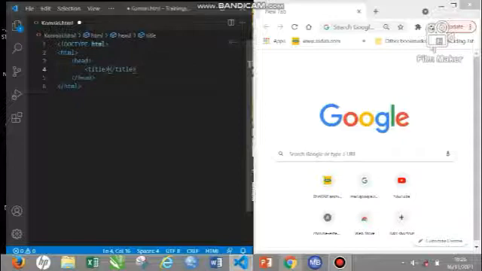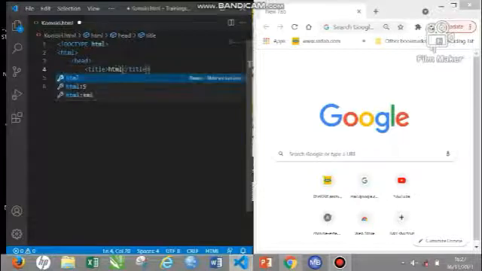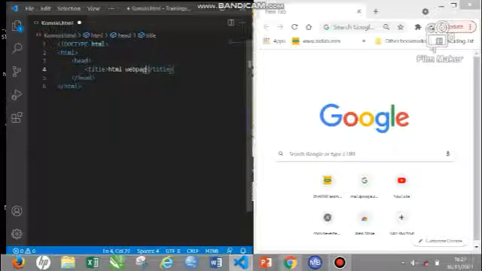So this title, let's say HTML web page. Okay, HTML web page. So now if we can save this file and go and run it,